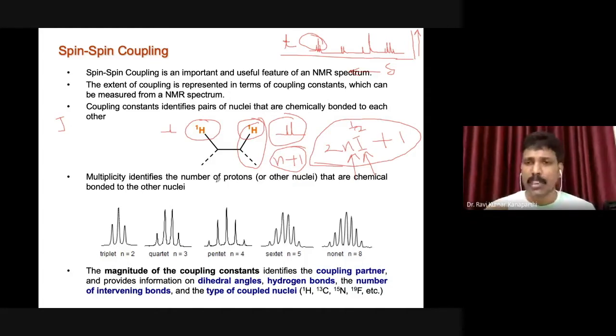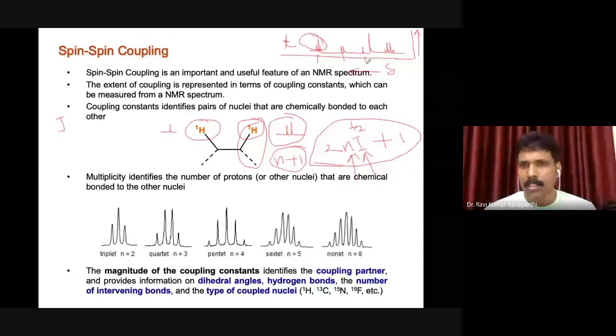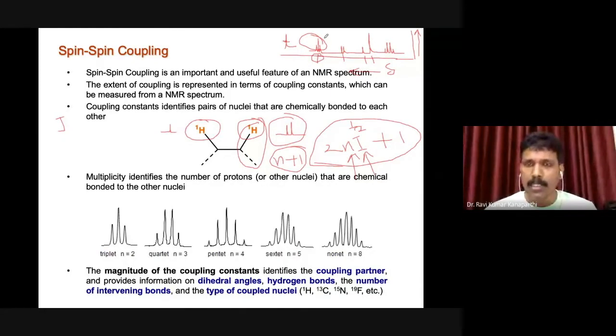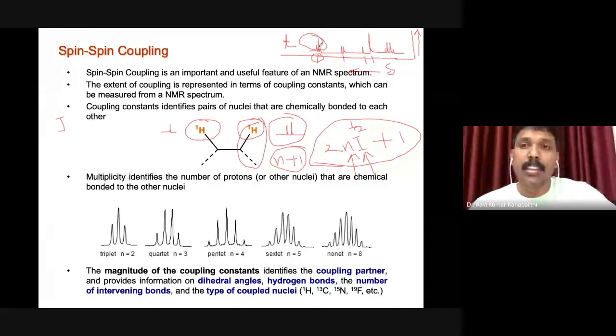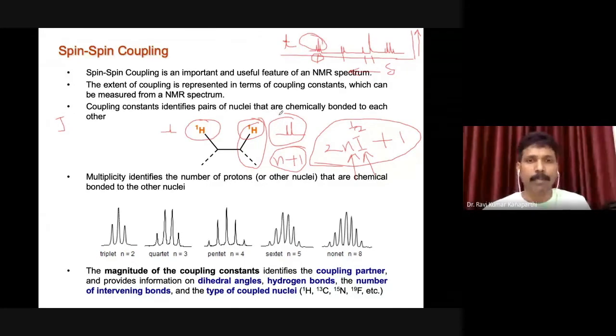Okay, so the position is determined by the chemical shift, right? This will tell you whether it is a vinylic proton, aromatic proton, aliphatic proton or acetylenic proton. These are positions, right? So the position is one piece of information. The additional information is that, in this particular case, there is one proton resonating at this region. That's why we see a peak, and it is a triplet. That means it has two neighbors. That is the information that we get additionally from this spin coupling.